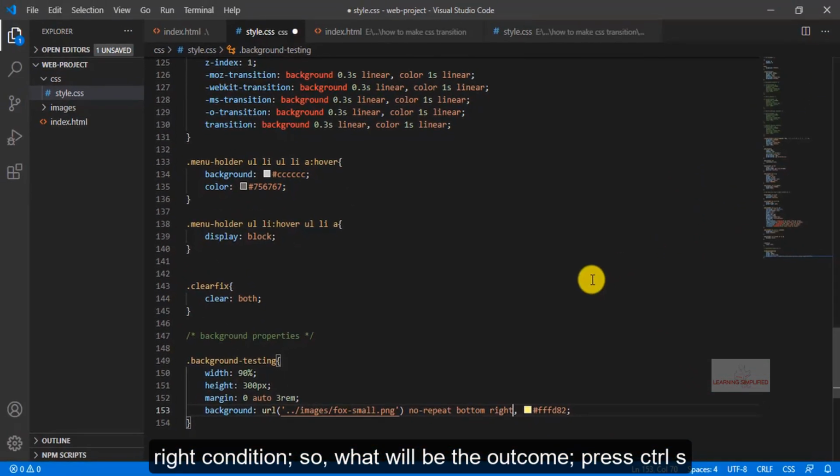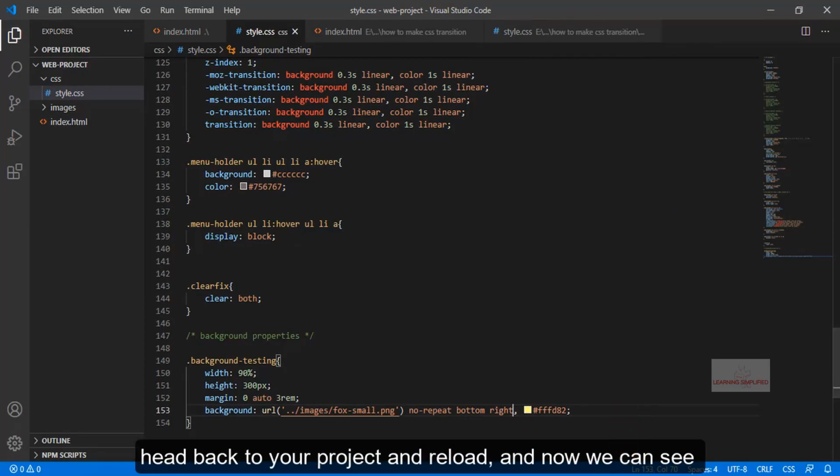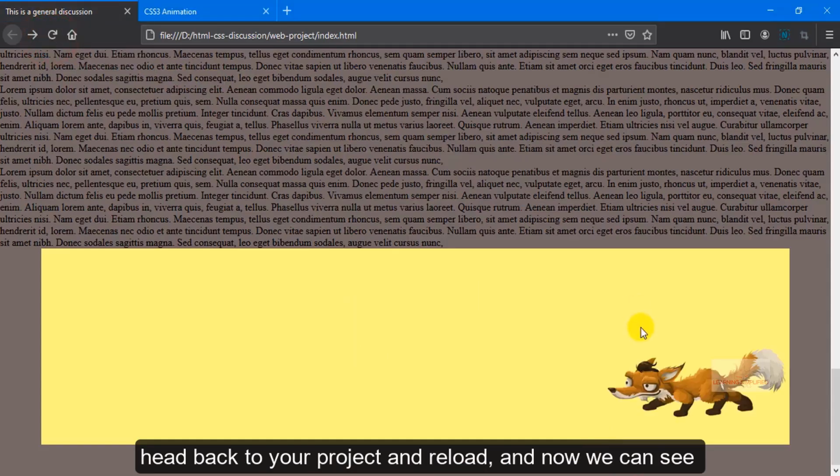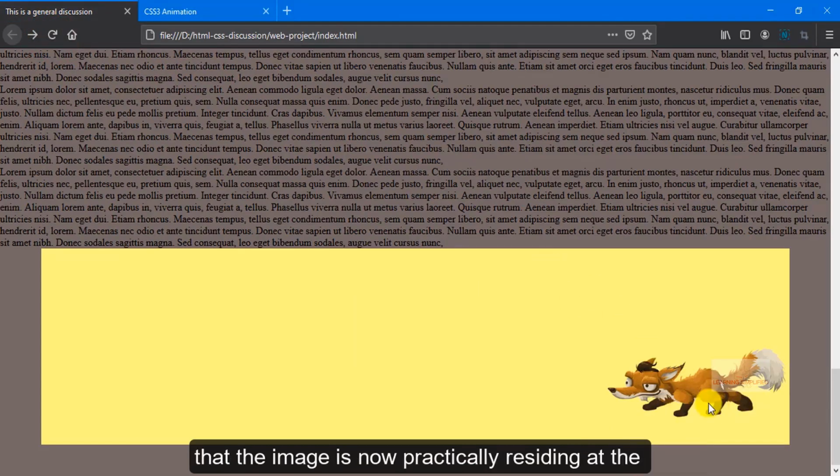So what will be the outcome? Press Ctrl S, head back to your project and reload. Now we can see that the image is residing at the bottom of this div element, and it is lying at the extreme right position of the same.